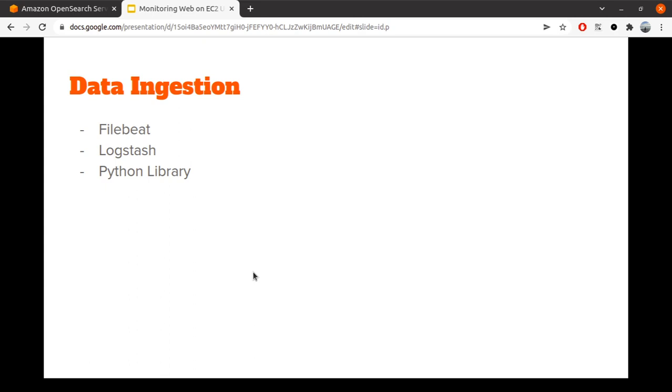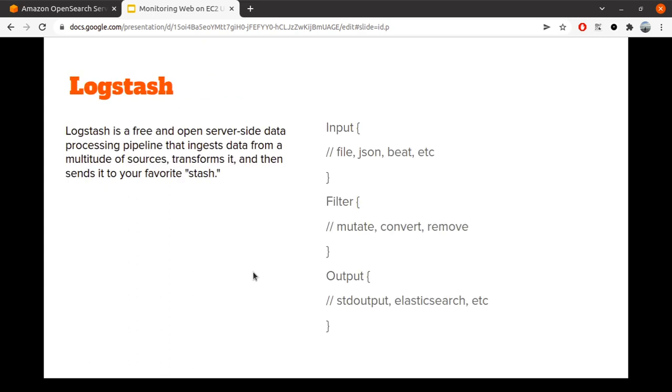This one I will try to explain in this tutorial. And also there is a Python Elasticsearch library that you can use to ingest data to the open source. Okay, so Logstash itself is a free and open data processing pipeline, so you can send the data to the open source or even Elasticsearch.